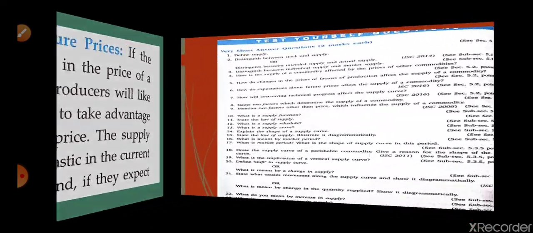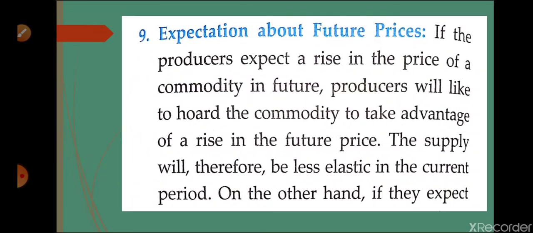One more point is remaining in your book, which I have not mentioned in my slide, that I am going to tell you: nature of techniques of production. If we are selling a complex product, for which we need complex techniques of production, then it may happen that supply of that particular product will be inelastic. On the other hand, if the products are produced by simple techniques, then supply will be more elastic, because those techniques are available easily and without any extra efforts.